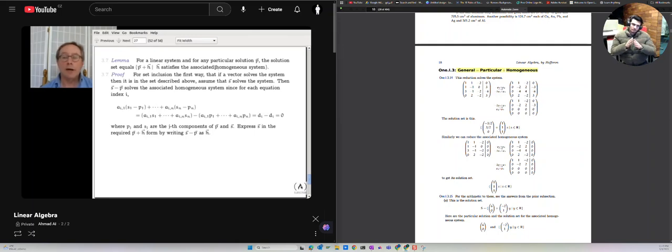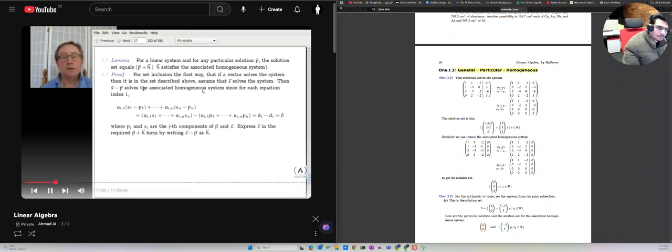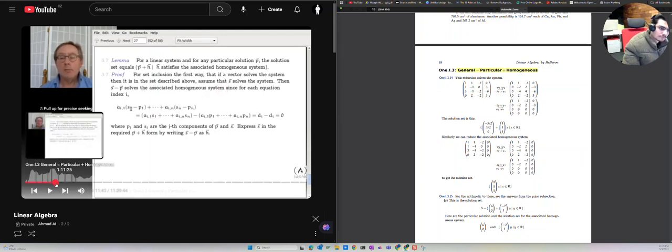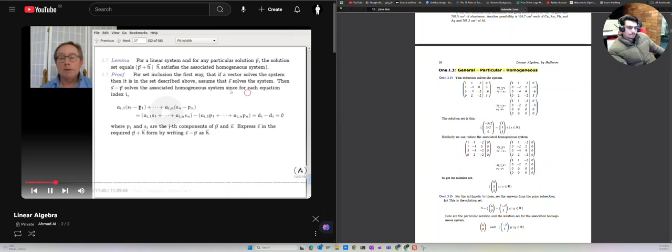Okay, so to show that, what do I have to do? Well, you assume that S solves the system. Then I want to show that S minus P is the right form for H. If I show that S minus P equals H, then S equals P plus H. Okay, so what is H? H means that when you plug the components of the vector in, you have to get 0. That's what homogeneous system means. Okay, so I'm taking the components of S minus P,